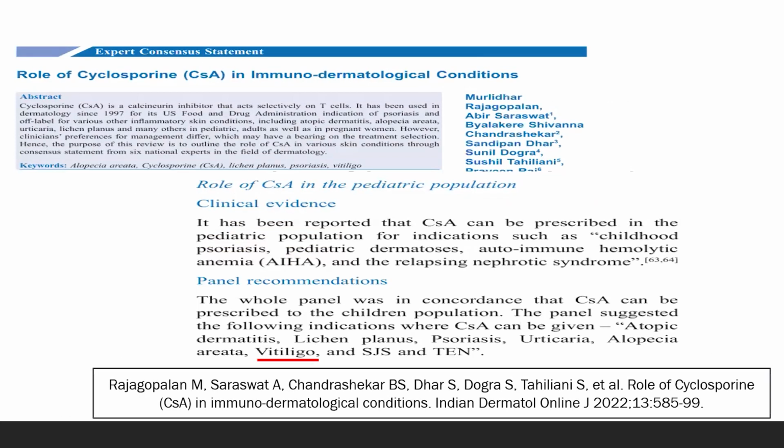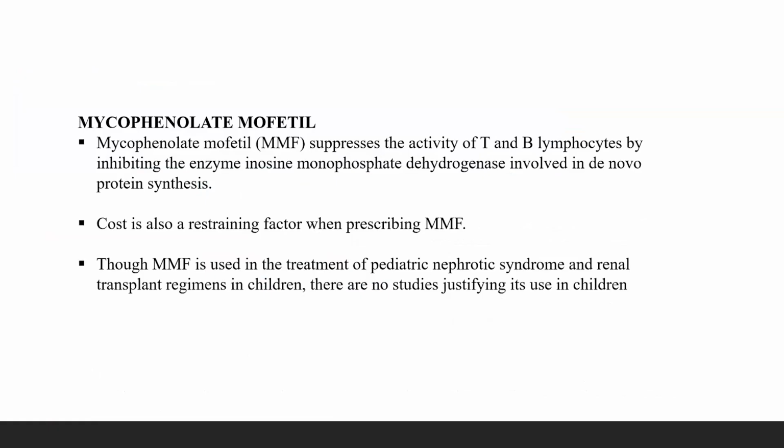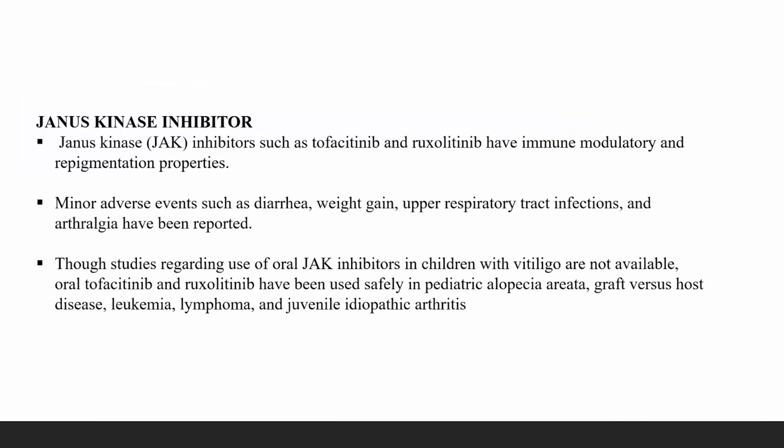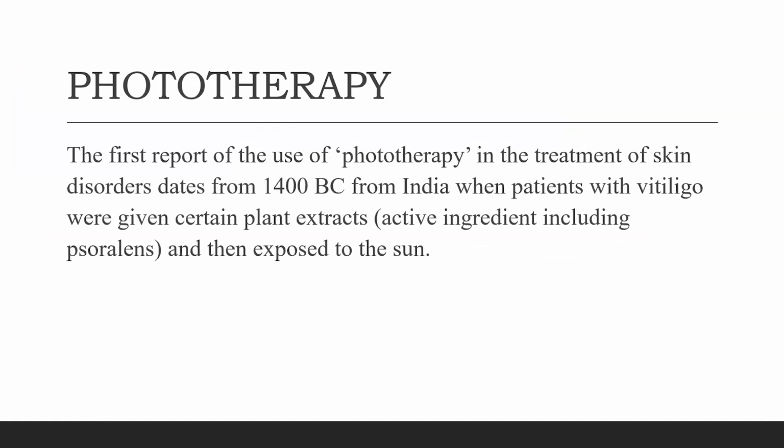And this is the recent consensus guideline where the panel recommended vitiligo as one of the prime indications for cyclosporine use. Now, we also have mycophenolate mofetil, apremilast, and oral JAK inhibitors, but I do not have any personal experience. Coming to phototherapy, there has been mention of phototherapy for use in vitiligo even in ancient times, and